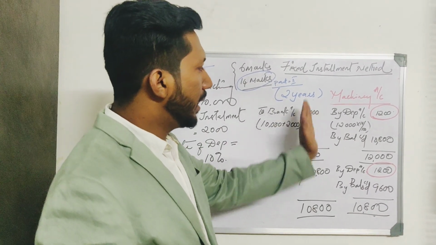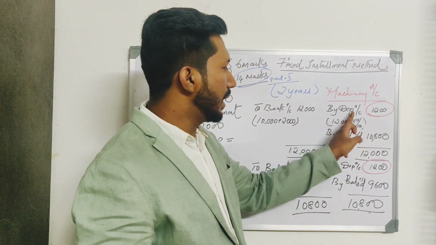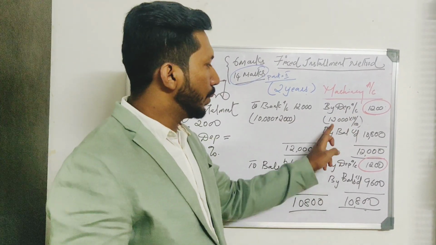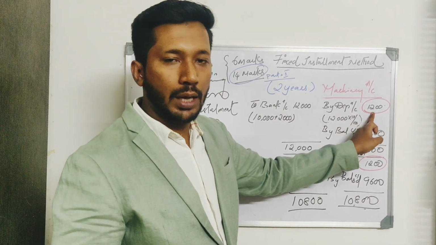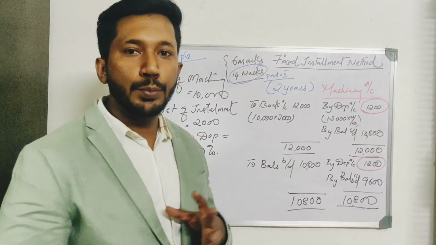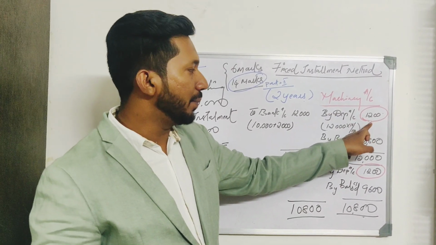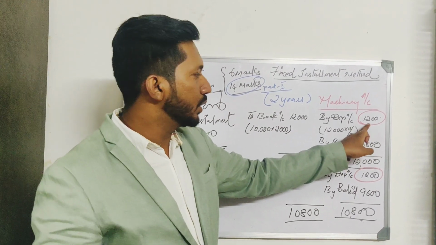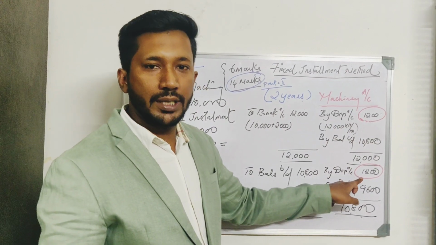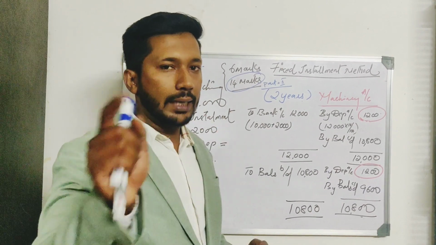Then next, simultaneously at the end of the year, we have to charge a depreciation. So depreciation account, by depreciation account, 12,000 into 10%. So if you calculate 10%, you are getting 1,200 rupee. What is the beauty of this particular method is the depreciation amount will remain same for all the years. So once you have calculated as 1,200, it will be carried forward same. So there will be no difference in the depreciation amount like in other methods.